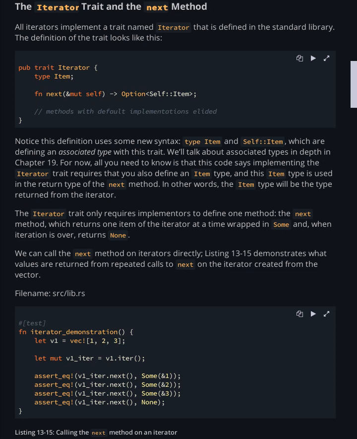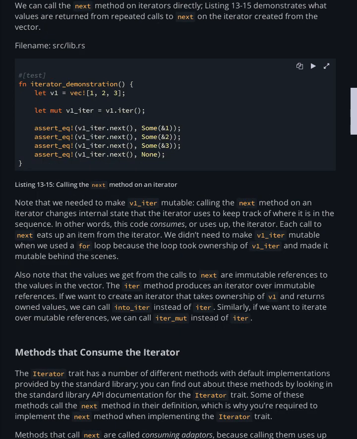We can call the next method on iterators directly. Listing 13-15 demonstrates what values are returned from repeated calls to next on the iterator created from the vector. #[test] fn iterator_demonstration() { let v1 = vec![1, 2, 3]; let mut v1_iter = v1.iter(); assert_eq!(v1_iter.next(), Some(&1)); assert_eq!(v1_iter.next(), Some(&2)); assert_eq!(v1_iter.next(), Some(&3)); assert_eq!(v1_iter.next(), None); }